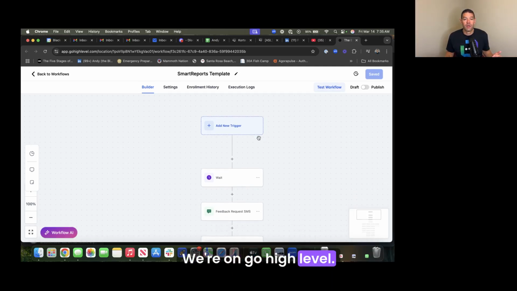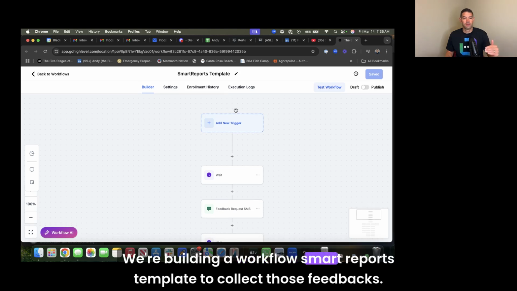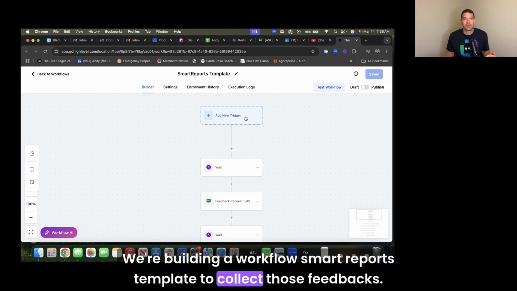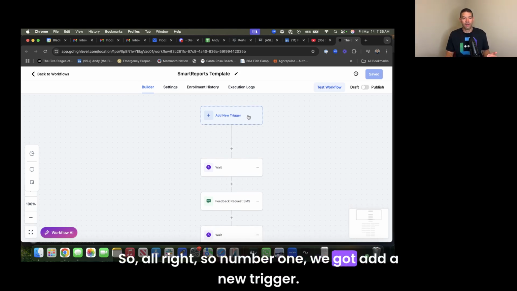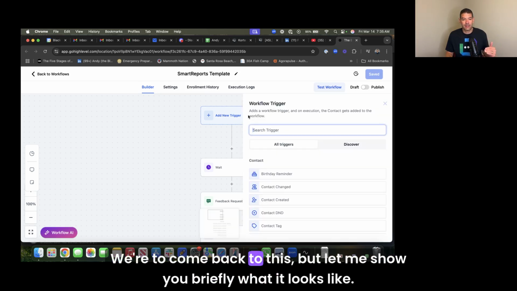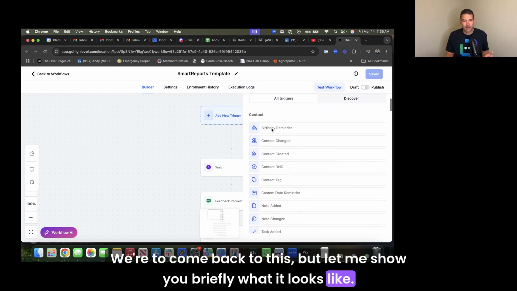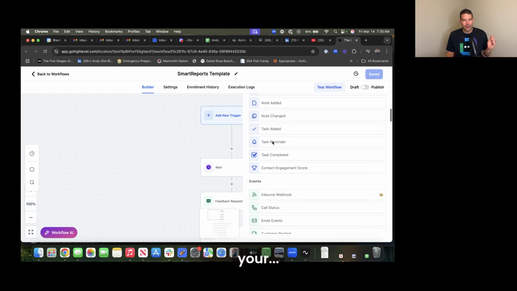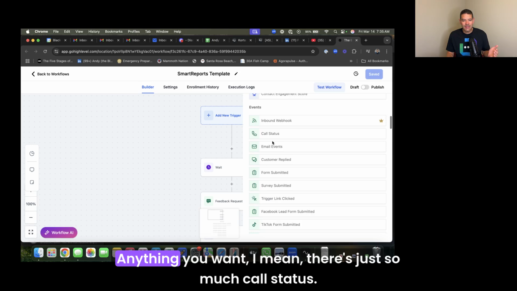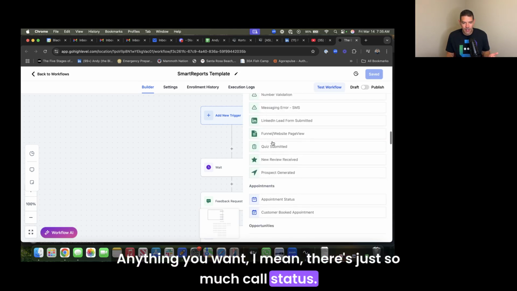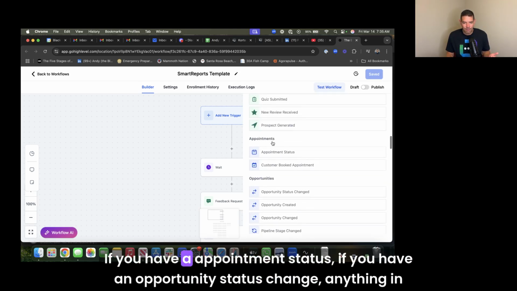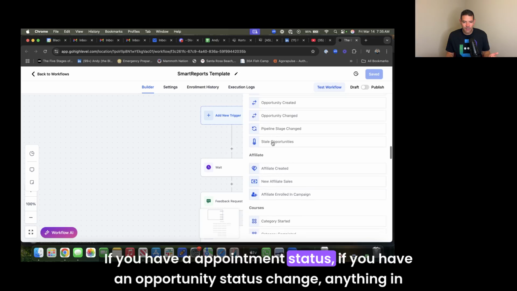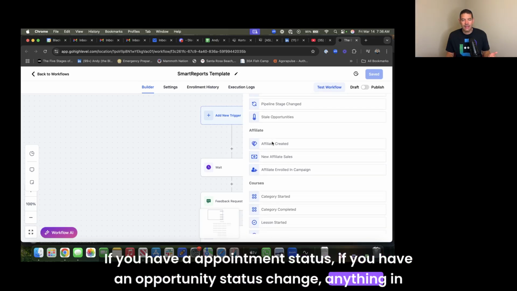All right, so here's where we are. We're on Go High Level. We're building a workflow, Smart Reports template to collect that feedback. So, all right, number one, we add a new trigger. We're going to come back to this, but let me show you briefly what it looks like. So in our workflow triggers, you can have birthday reminders, contact change, update, anything you want. I mean, there's just so much. Call status, if you have an appointment status, if you have an opportunity status change, anything in your pipeline